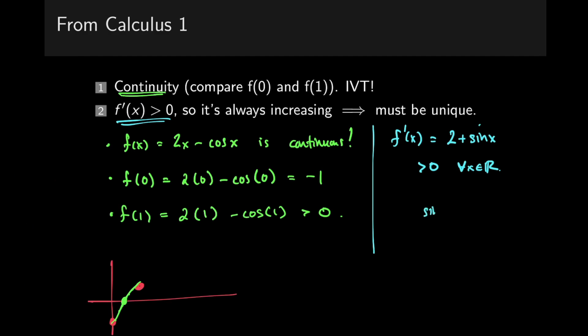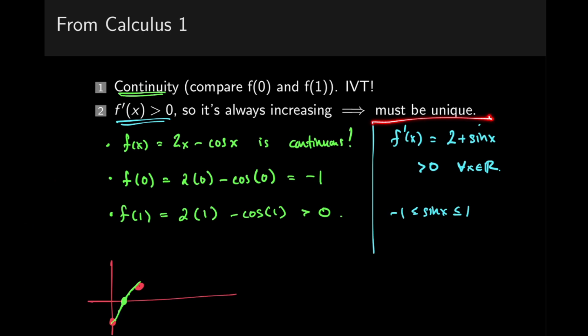Sine bounces between 1 and -1. So this thing's always going to be positive. That means that it's always increasing. If a function's always increasing, that means it can't bounce back and forth, right? That can't happen. It has to just go through that place once,